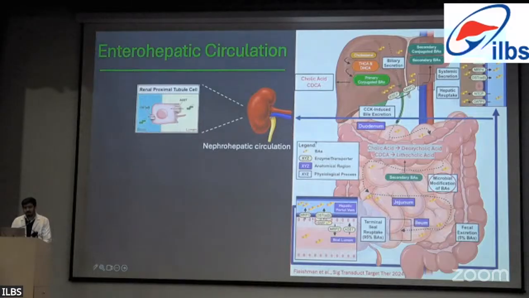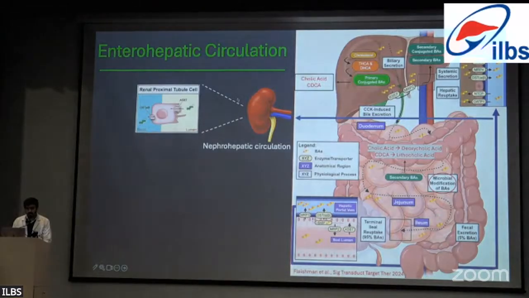Once these bile acids are present in the blood, and those which escape the first pass clearance, the non-protein bound bile acids are also filtered by the kidney. The kidney also has ASBT, which is present in the proximal tubules. Reabsorption from here also helps in bringing back the bile acid pool into the blood. This is important because there are theories which suggest that presence of bile acid in the urine may cause injury to the renal proximal tubular cell, which can further cause injury to the distal tubular cells, cause sloughing, and ultimately lead to